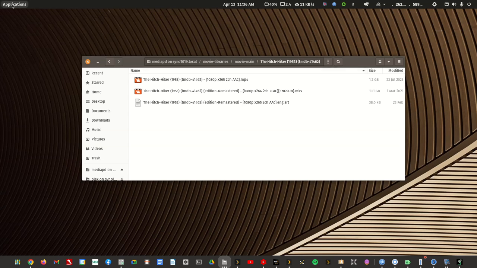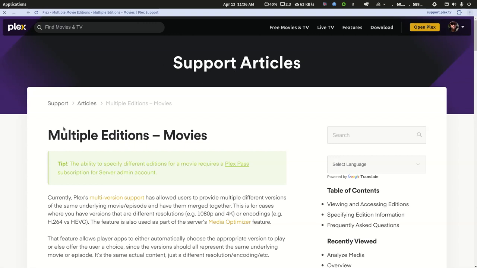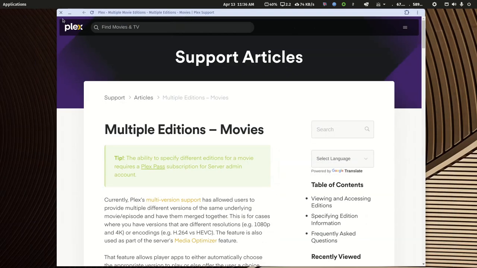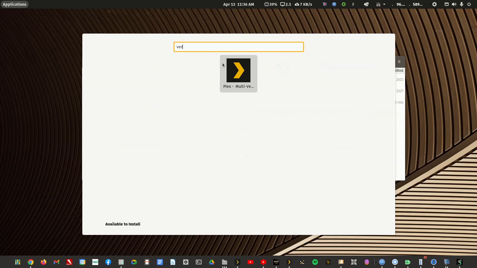And now that I took my phone call, I can't remember if I've shown both. But Plex has a support article on multiple editions. It's a Plex Pass feature. You need to be using the latest version of Plex. And they also have a versioning article,